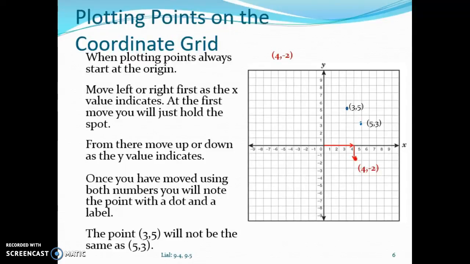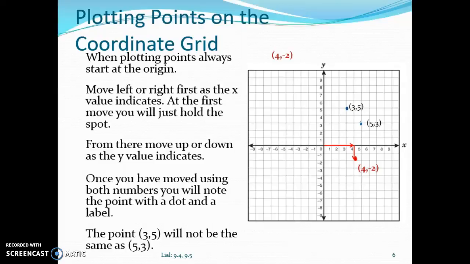Okay, so when we plot a point, we always start at the origin, and we're going to move left or right first, so we're going to use that x number. Remember we said x comes before y in that point in the parentheses. So if we were plotting the point 4, negative 2, we're going to start at the origin at 0, and it's a positive 4, so we're going to go to the right 4 spaces, and then we have a negative 2 for our y coordinate. Remember, negative is down, so from that 4 over, we're going to go down 2,